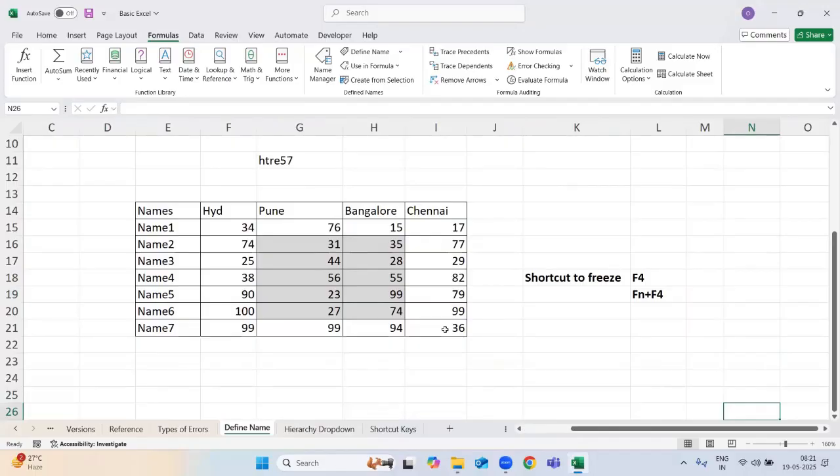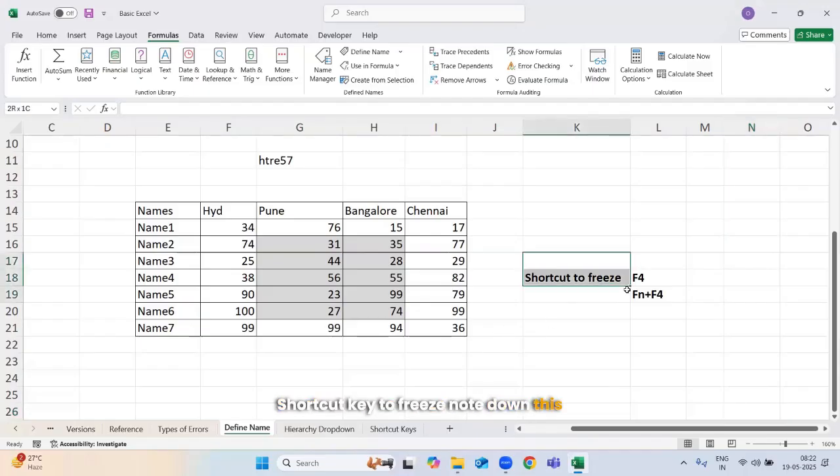Take a note. While defining a name to a formula, every reference in the formula must be frozen.